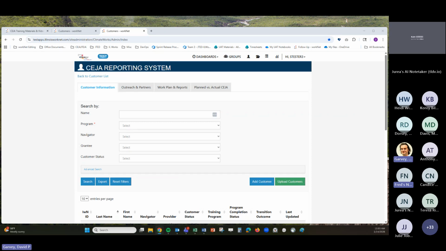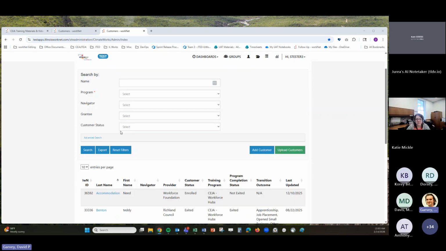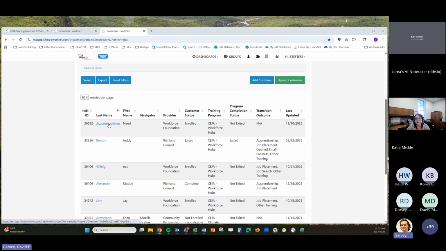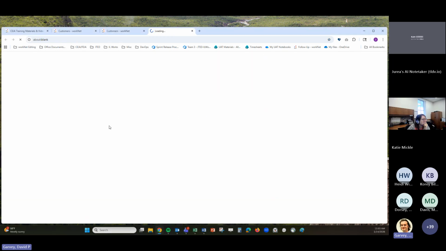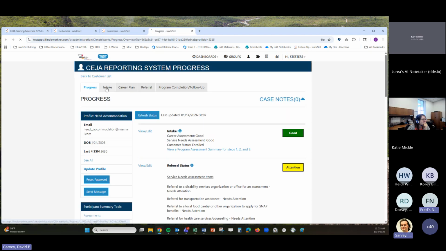Let's see, another update we had was, if I go to someone's intake record here, about this one. On the intake tab, we do have a link, actually it's right here, this view program assessment summary for steps 1, 2, and 3 on intake. And if we go to this page, once it loads,